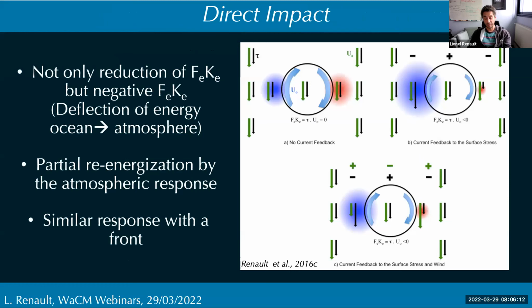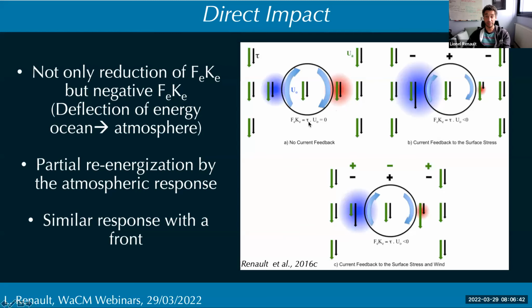So it has a direct impact on the surface stress and then on the wind. This is an illustration, a cartoon to illustrate it. Of course, it's a simple cartoon. We have an eddy in the northern hemisphere here, for example, with a uniform wind in green. Then we can estimate the surface stress in black using the absolute wind, so we just ignore the presence of the currents.